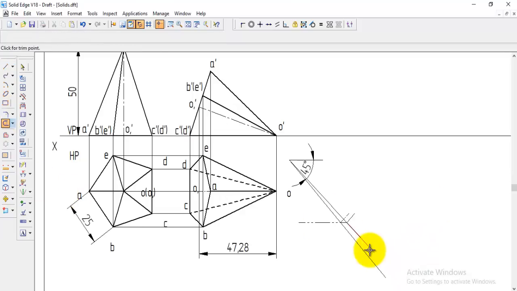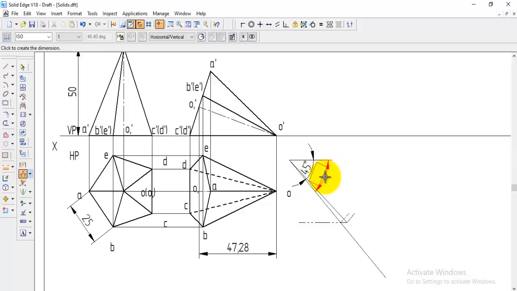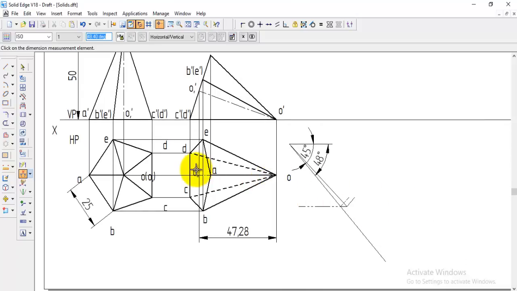And if you have a confusion, you can trim this line up to here, and then you can check the angle. This is the beta angle, and we got 48 degrees. Now on this beta angle, this O1, the axis should be placed. So go to the move option, switch on the copy, hold the control, select all the edges,